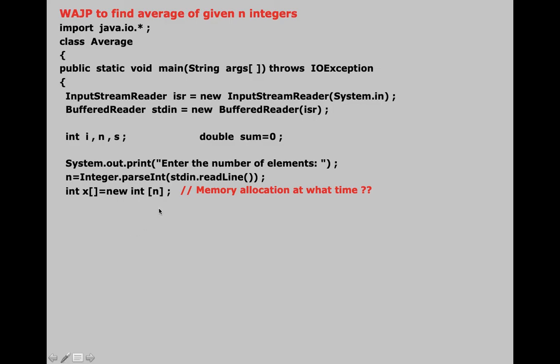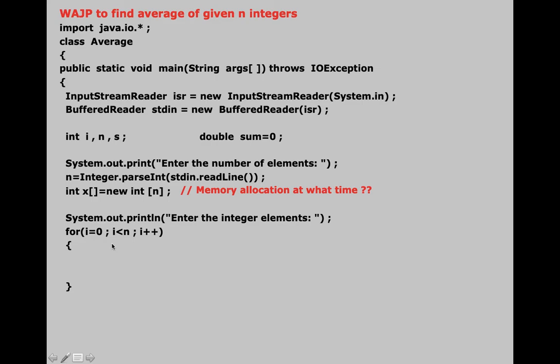Now what do you think is the next thing you will ask the user? So quite obvious, you will tell the user to enter the integer elements. Now how many integer elements the user will enter? 3. So for that I will write a for loop. Now whenever you want to deal with an array, you write a standard for loop. Many of you must be already knowing it. You will write for i equal to 0 because position number starts with 0, i less than n and i plus plus. Let me just write the statements inside this and then I'll explain you in great detail.